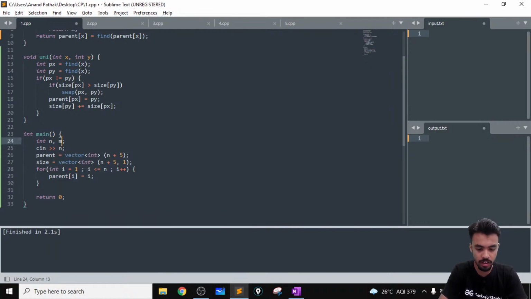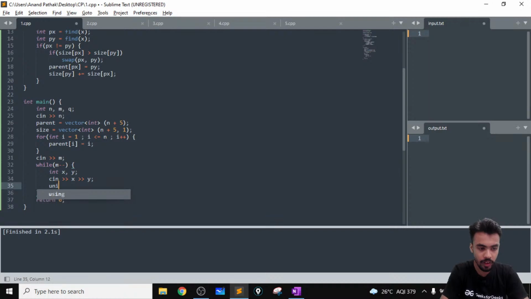Okay, so now we can take the input of m. M is the number of inputs you are getting, like 1 is friend of 3, 3 is friend of 4, so we have to take that also. So suppose we are getting x and y, okay, now we are going to connect them with each other using this union function,